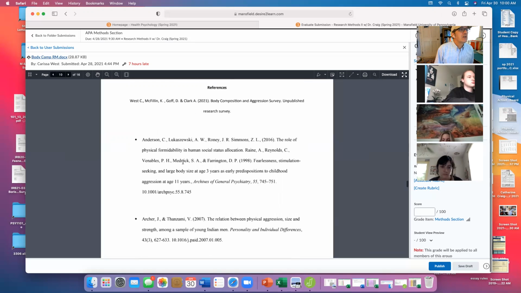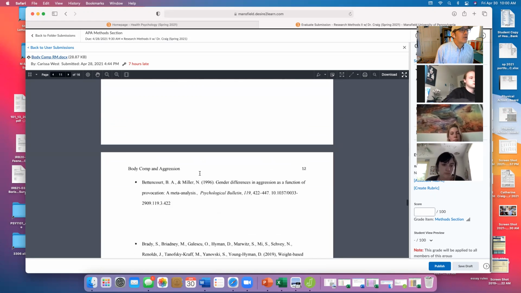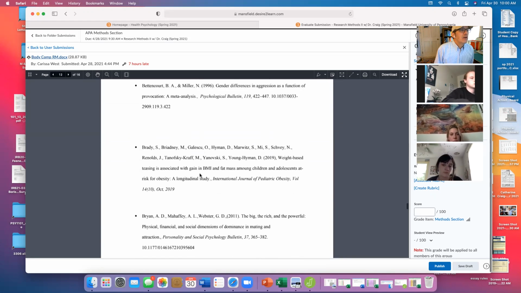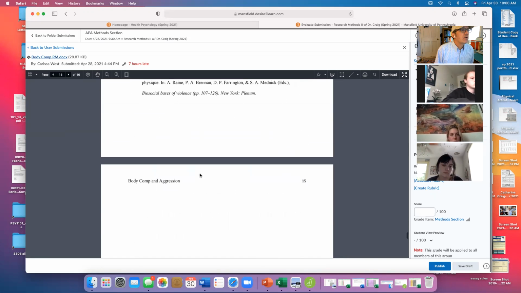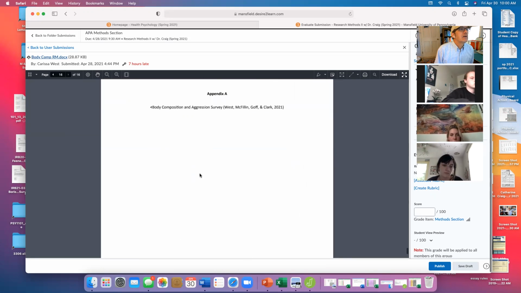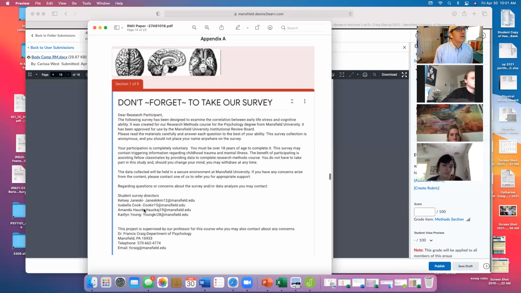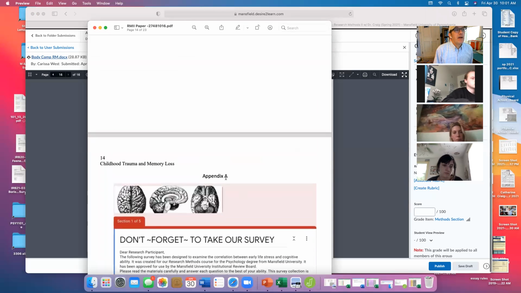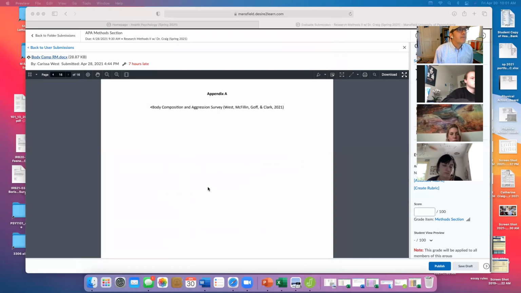Let's go to your reference section. Okay, so your reference section is not in APA format. There's no bullet points. Get this stuff in APA format. Make sure that it's up to date with those surveys that you may have included. Scrolling down, appendix. Okay, and then you'll include a picture of the appendix at the end, yes? I think Caitlin Young just attached her appendix to the end, just a picture of it right there. Okay,